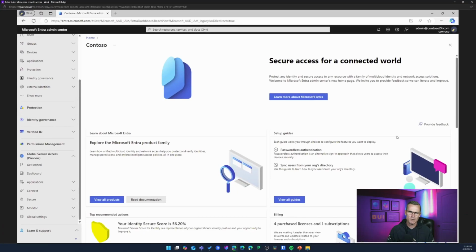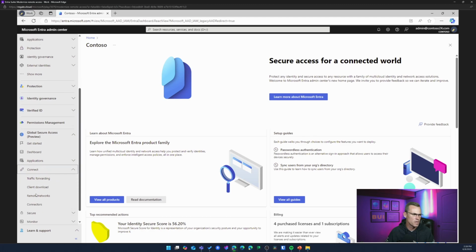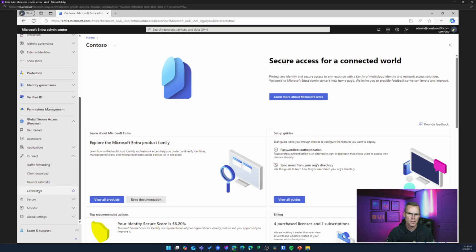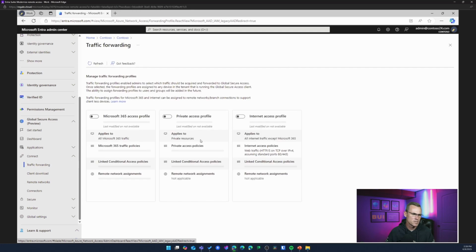So first of all, we see Microsoft Entra here, and the first thing that we're going to be doing, at least in this case, is making sure that all our configuration for the Global Secure Access client is configured correctly. So here in Global Secure Access, we're going to click on Connect, and then we are also going to be clicking on Traffic forwarding. And this is just going to show us that our two profiles have been enabled, which is going to be Private Access and Internet Access. Stick around for our third demo when we're doing Internet Access. Today's demo is just going to be focusing on Private Access, but nonetheless, we can confirm they're all sorted here.